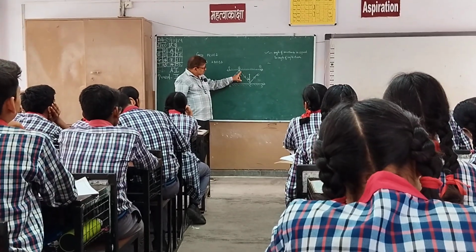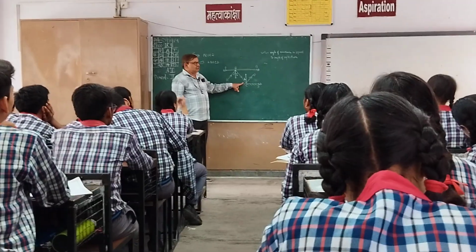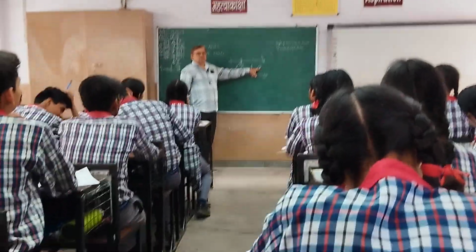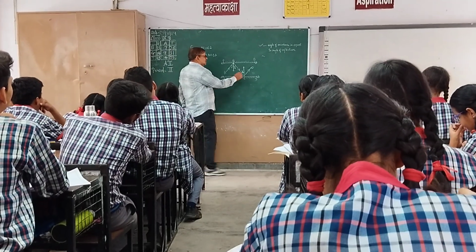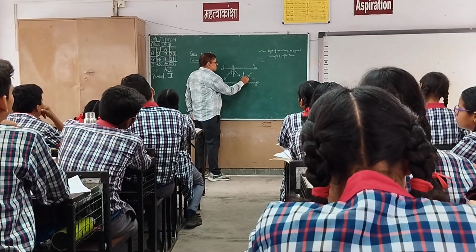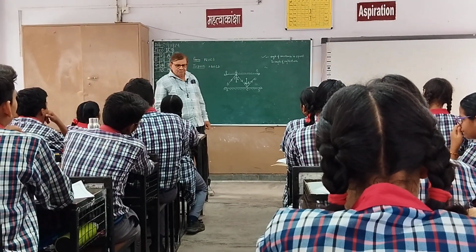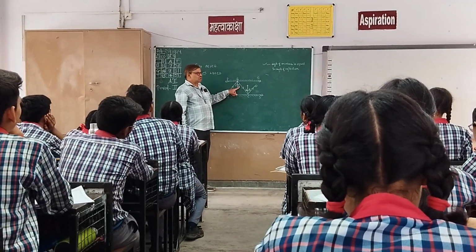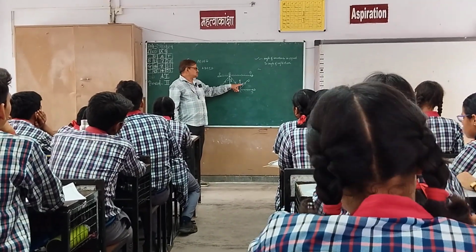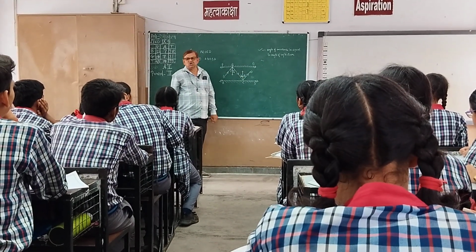Now again, this is the incident ray, BC is incident ray, and this is the reflected ray. So angle of incidence will be same as angle of reflection. Therefore, this angle 4 will also be equal to 3. Now all the angles are equal. 1 is same as 2, 2 is same as 3, 3 is same as 4. So 1 plus 2 is same as 3 plus 4.